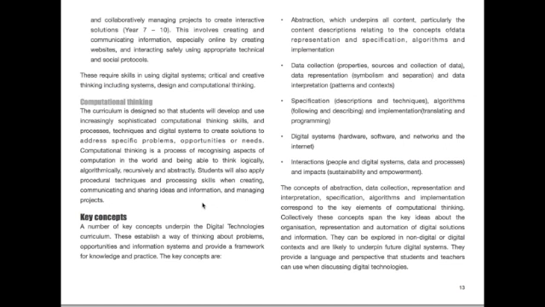Next, we have digital systems. This is where students need to understand the hardware, the software, and the networks, including the internet, and how those things work. And finally, we have the interactions. How people interact with computers, how they interact with the data, how they interact with the processes involved on computers, and how these things, how computers and digital solutions may impact upon future environments, but also how they can empower